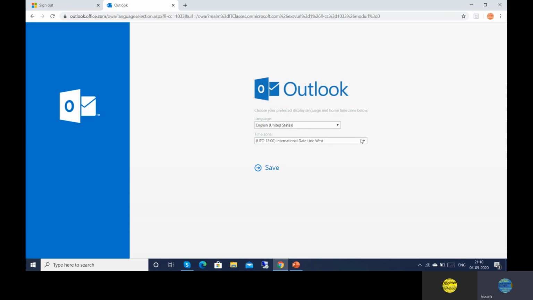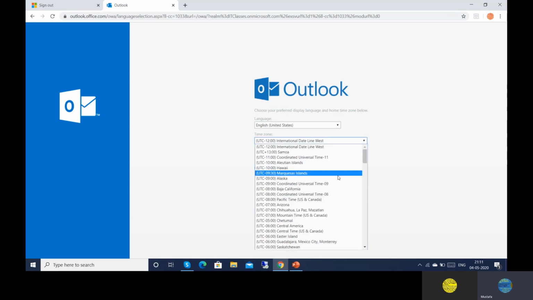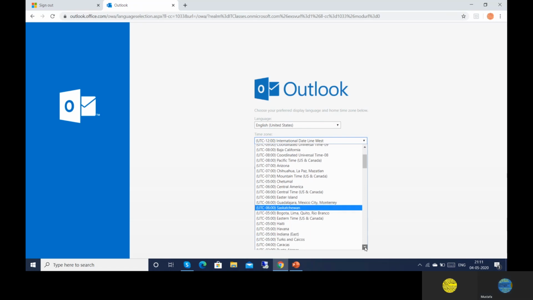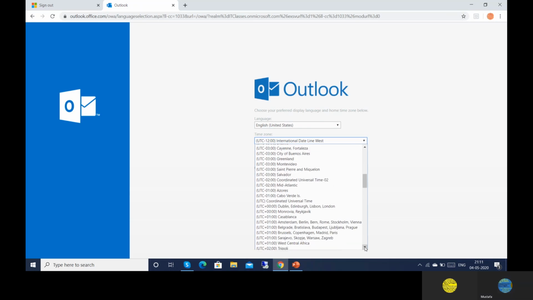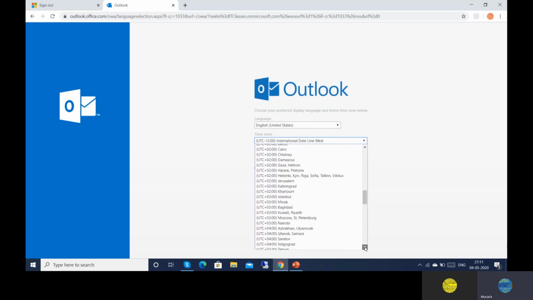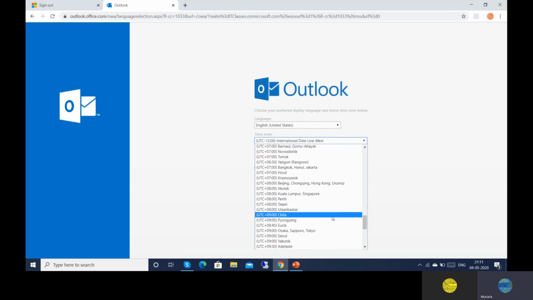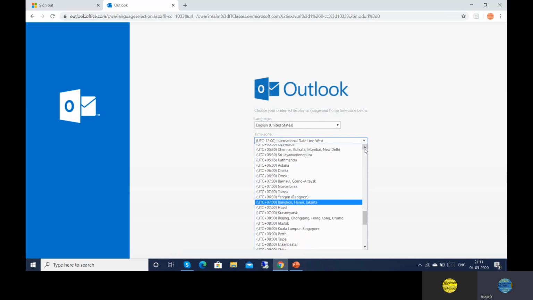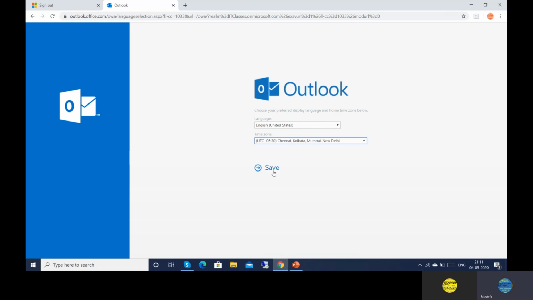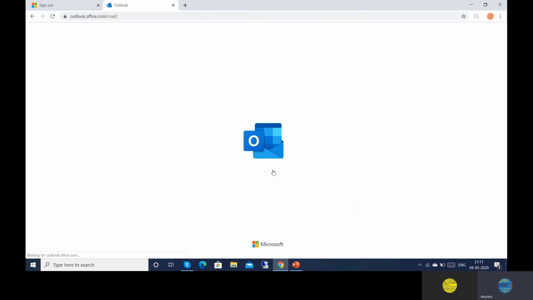I will keep English United States, then I will select the India time zone. It is asked only the first time because we just created this mailbox. Once you log in, it will not ask next time. Clicking on Next.